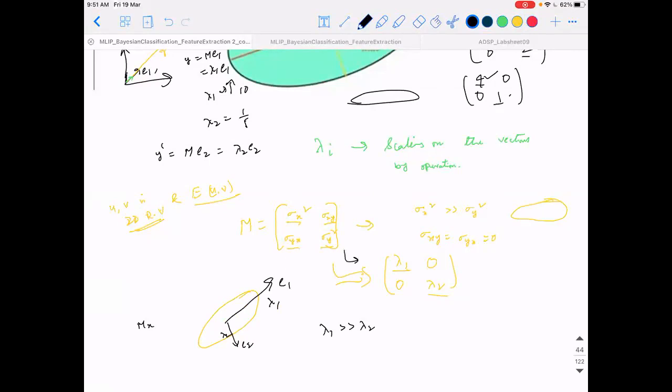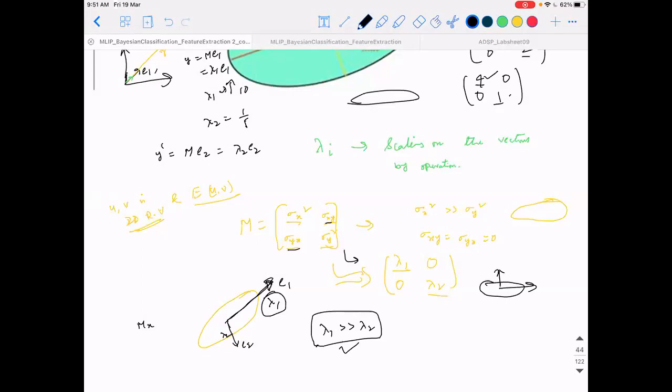In this plain case, I will only be able to interpret the X and Y directions. In the case where sigma XY is not equal to 0, I will get the variations lambda 1 and lambda 2 along the directions of E1 and E2, which need not be horizontal and vertical. That's the only difference. That's why, to quantify the variations in a covariance matrix, people find the eigenvalues and the eigenvectors. The eigenvector corresponding to the dominant, higher eigenvalue shows the direction of higher variation.